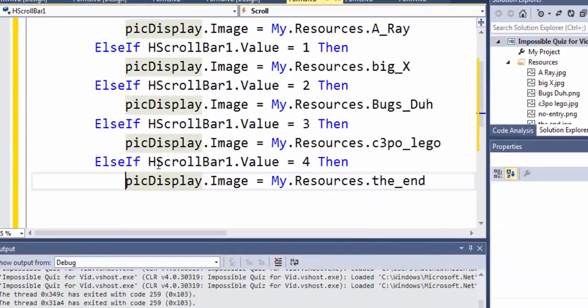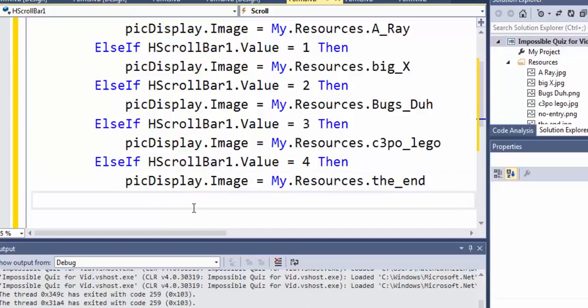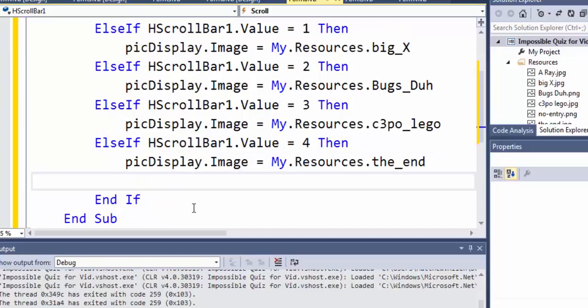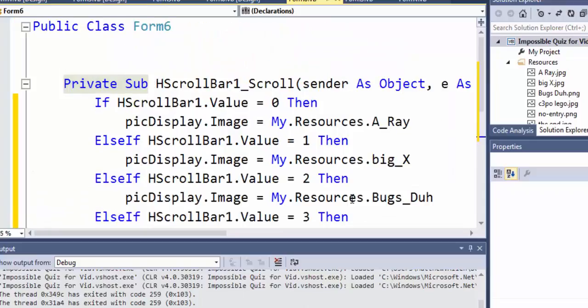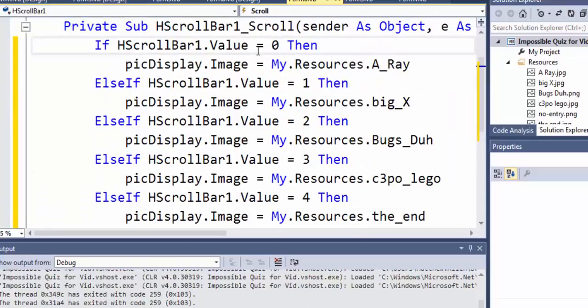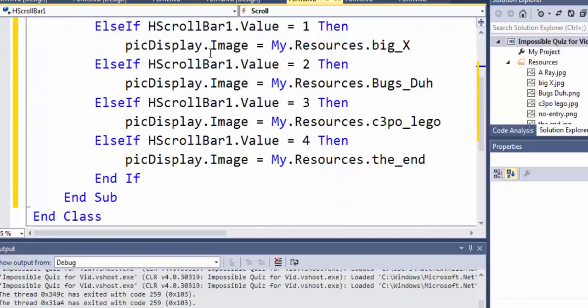And I think that's probably all the images I have. So what I want to do then is, if those are all the images I have, and I'll check that in a minute, I want to make sure I limit my values to be 0, 1, 2, 3, and 4. So back to the form,